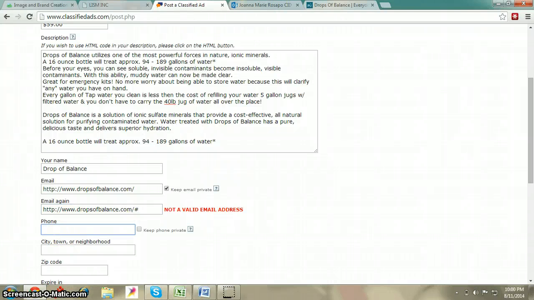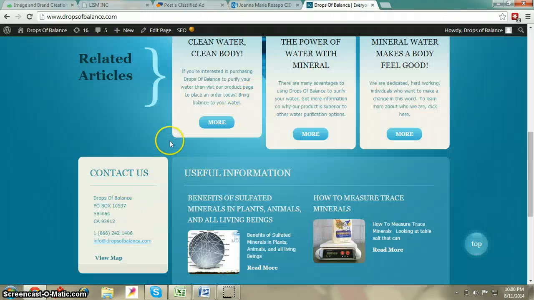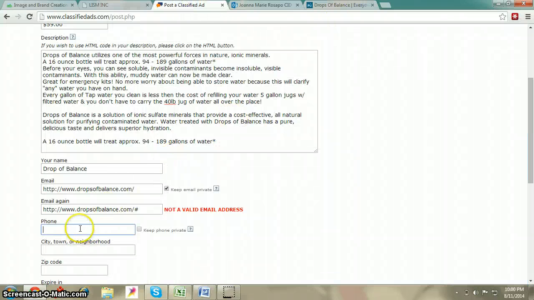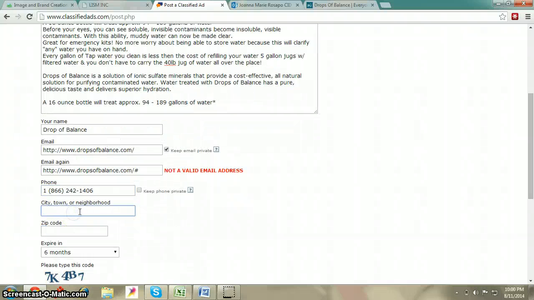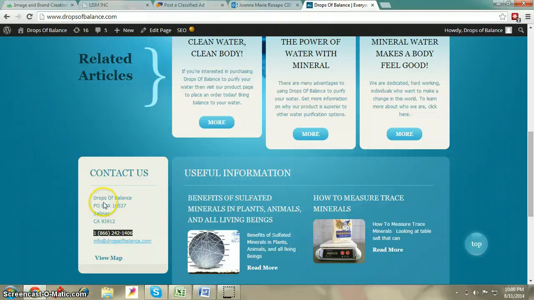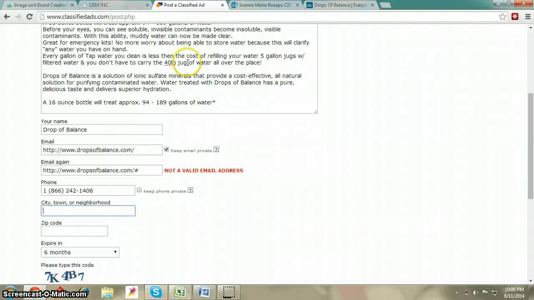For phone, you can also use our company phone, so that if people contact the owner, it will land on the company itself. So just copy the phone, and the address, PO box, copy and paste it.